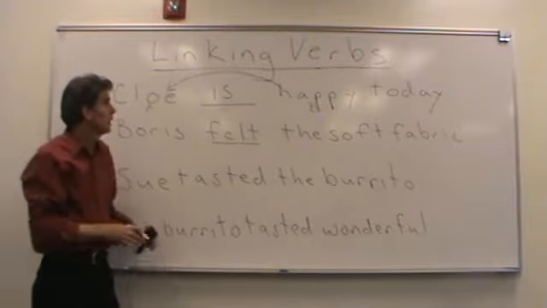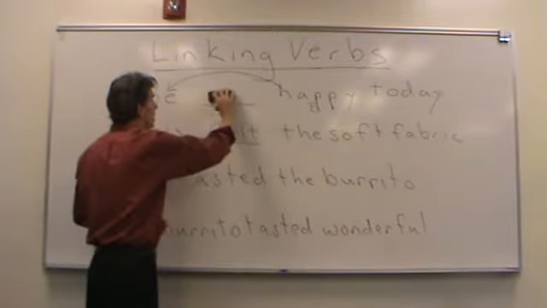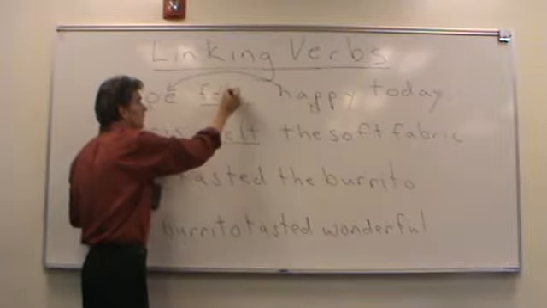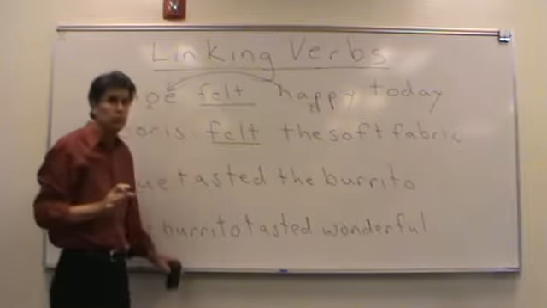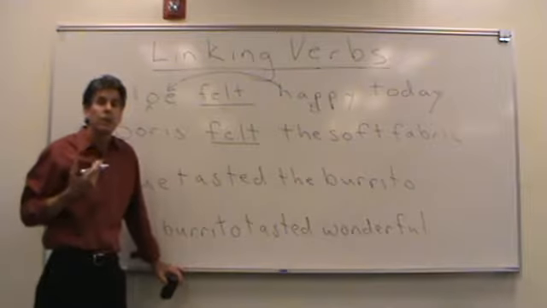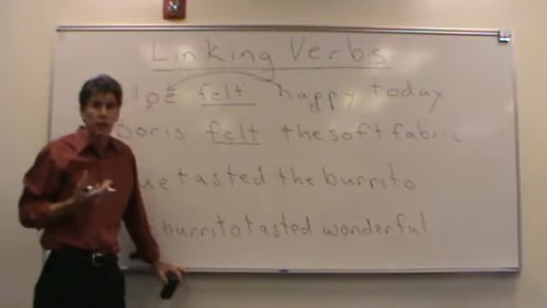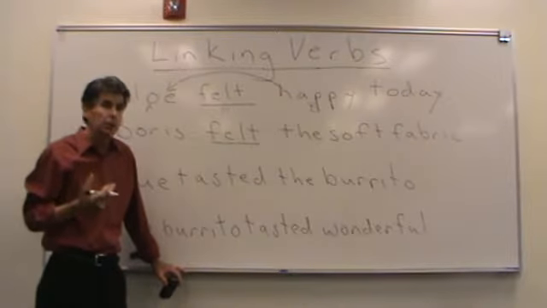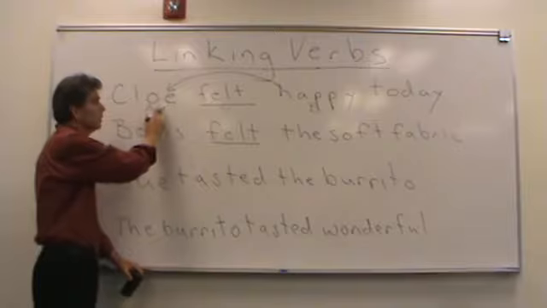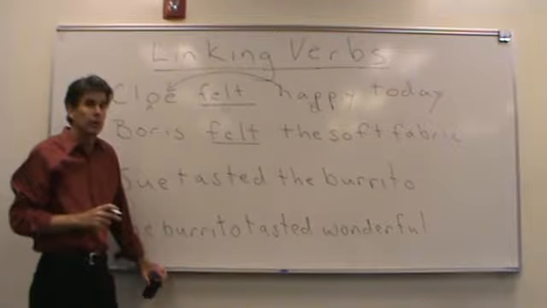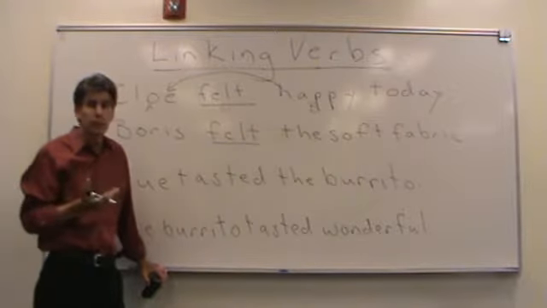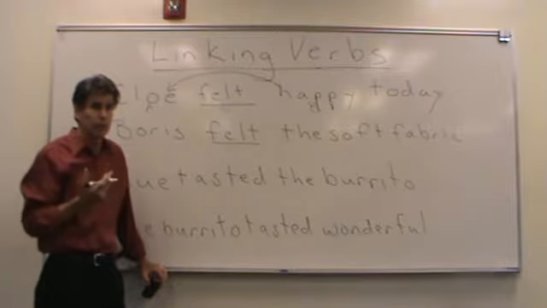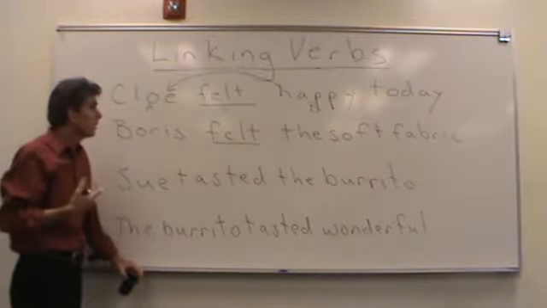Chloe is happy today means essentially the same as felt happy today. She didn't touch the happy. She wasn't doing something. I was describing her sense of being, how she is. Okay? So that is the A equals B. It works on this one. Chloe felt happy today. So that one's a linking verb. That's what it is. Okay? So when it worked, it's a linking verb. The logic is there.